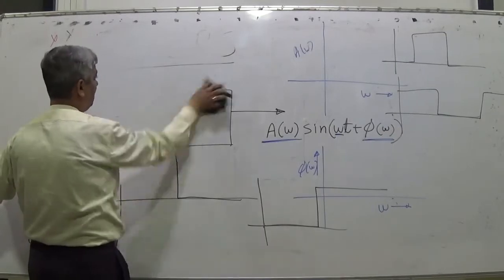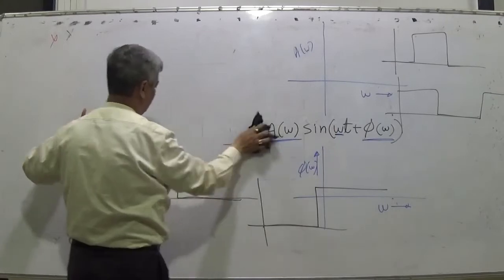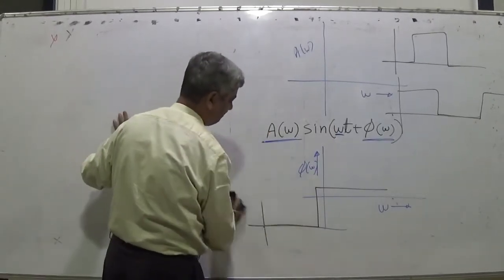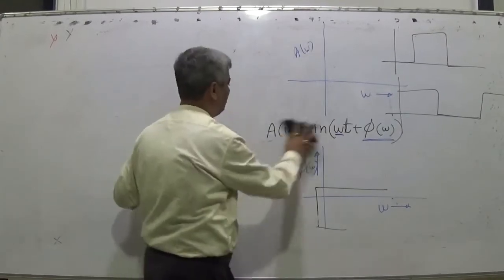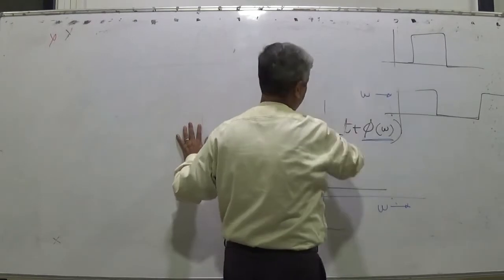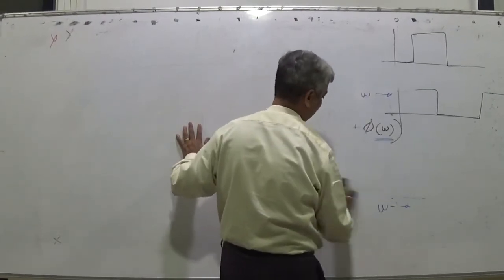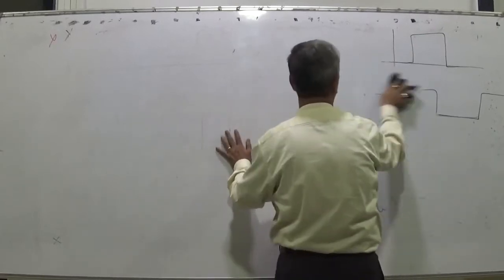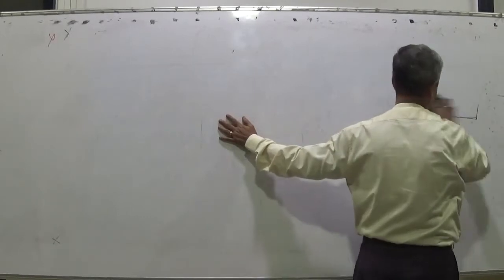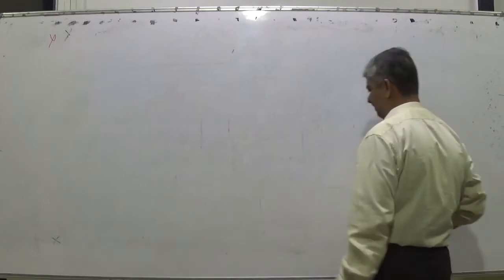Ideally, the filter should offer a gain such that something which we want should be passed as it is, and something which we don't want should be completely stopped. That is not possible. We can approach towards a design, but we can't achieve that, and there are various ways with which we can approach that, which we will discuss. I hope it is very simple, and I think straight away we get it.